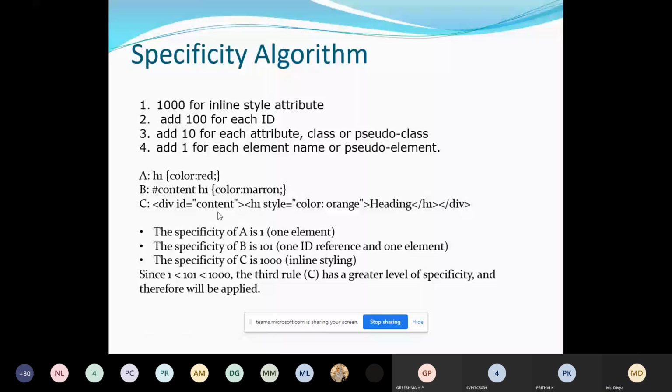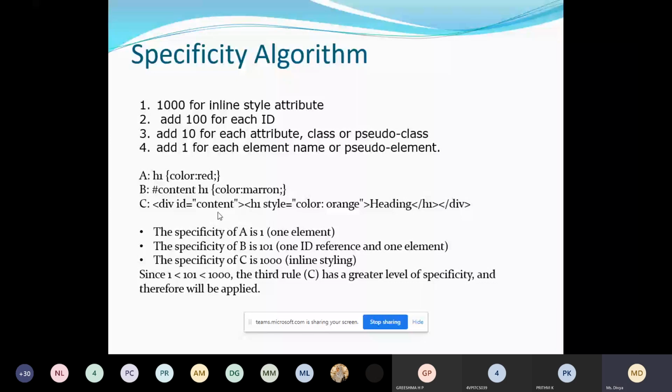Have you heard about attributes? Attribute value pair.